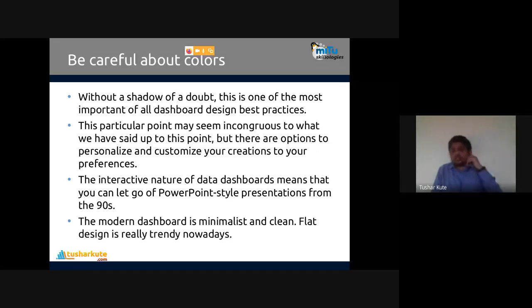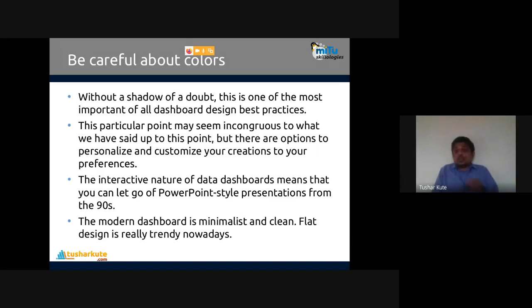They have a standard color. They use specific colors in their logos, and the same colors are used everywhere, like on the letterheads or, let's say, your visiting cards. So similar colors are chosen. Most of the time, color is the identity of the company. So without a shadow of a doubt, this is one of the most important of all dashboard design best practices.